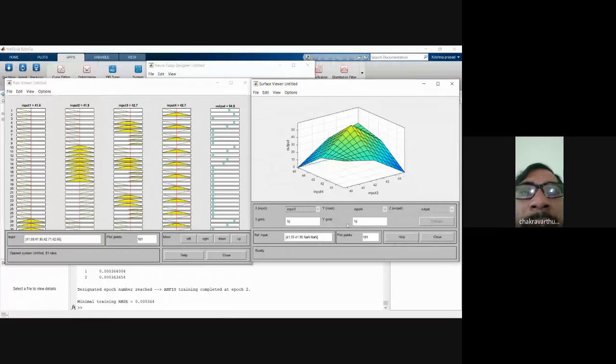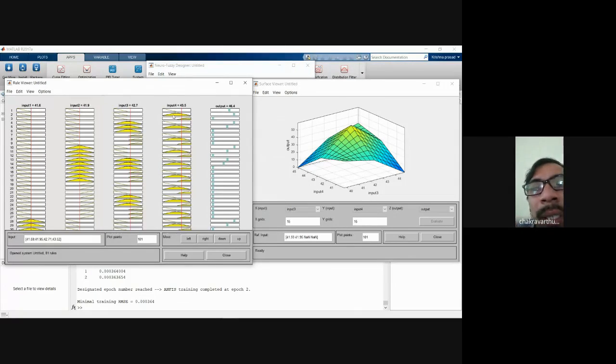If you give an input value, it will automatically change the output value in the last column of the rules editor as well as in the surface. It changes in the Z-axis in the surface, whereas in the rules editor, if you click on different places, you can take one value and then check with another value what deviations you get in the output. Just check.